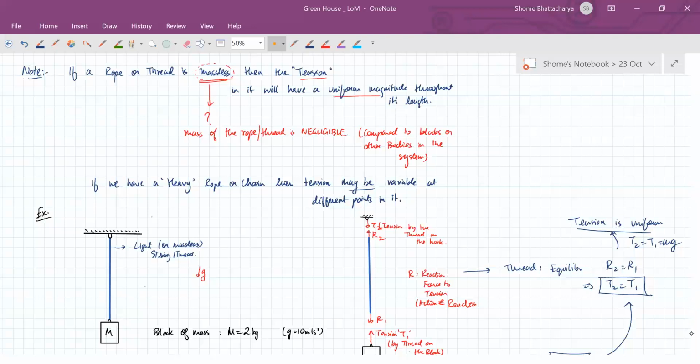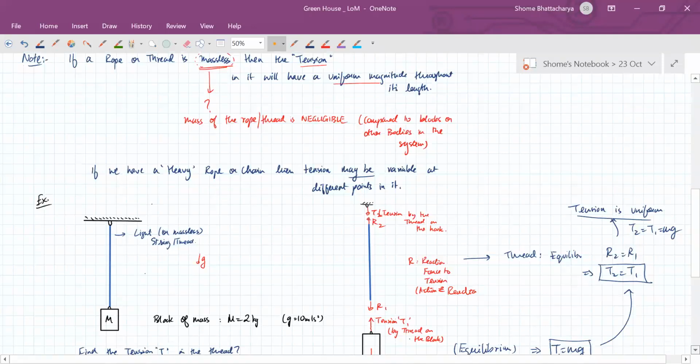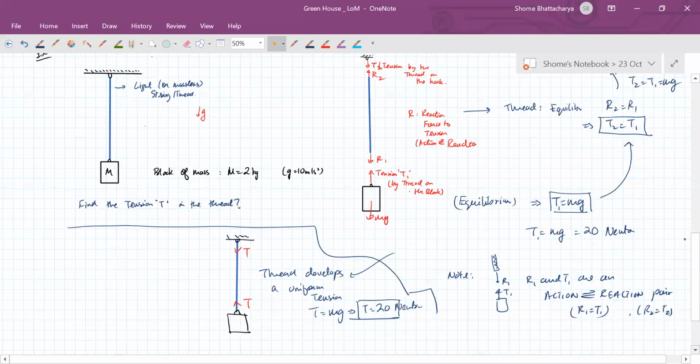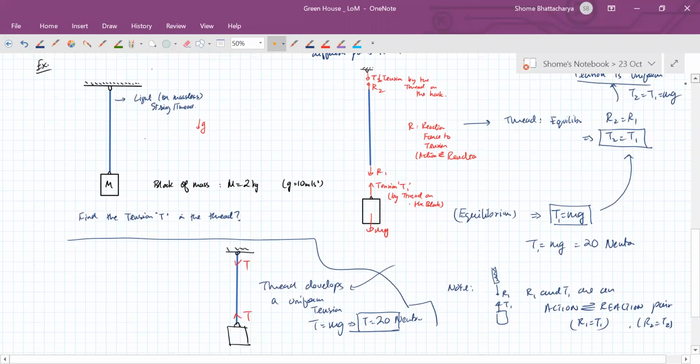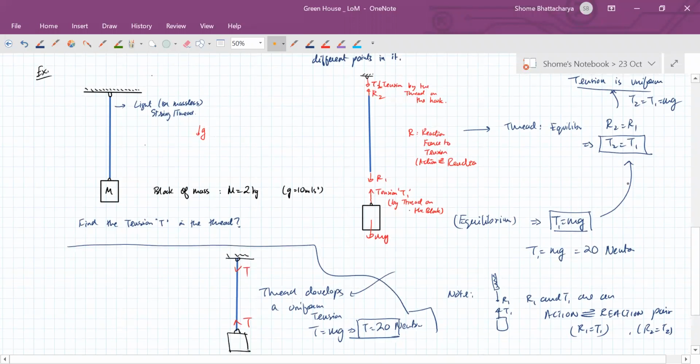Okay. So let's come back to this example. Now you can see the way the forces are acting in the example. Because the thread is massless, you can see that T2 has to balance T1. The net force on it has to be zero. It's in that vertical kind of state where it's at rest. So whatever the tension is at the lower end of the rope, it has to exactly be balanced by the tension at the upper end. And that is true for anywhere in the rope. So that's how we are coming to the conclusion that the tension is uniform throughout.